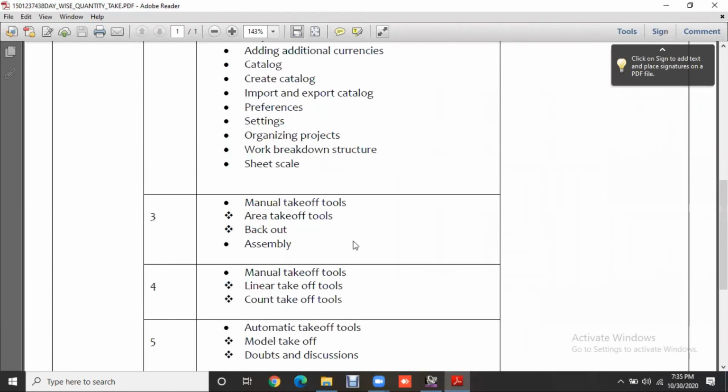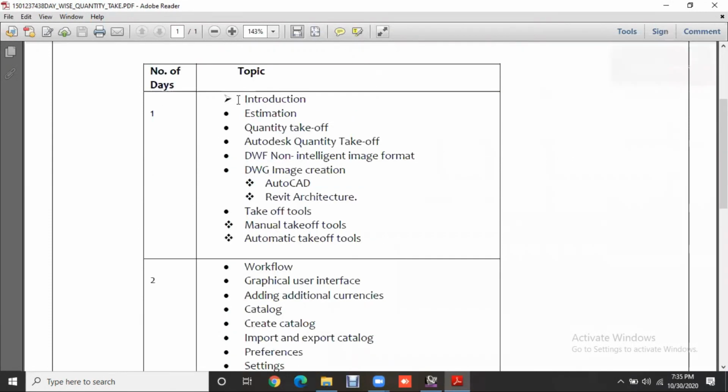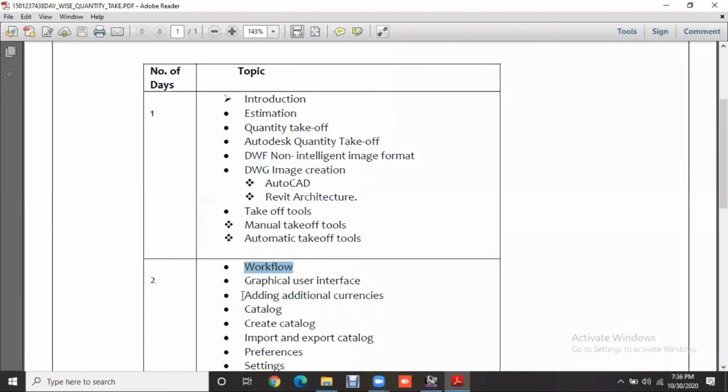So on the first day we have already covered the introduction part: the estimation, what is quantity takeoff, the DWG file and its creation, and the takeoff tools. The manual tools we covered. We also covered the workflow, and when you open the software, the main screen is called the GUI, the graphical user interface. We saw how to add the currency. So up to